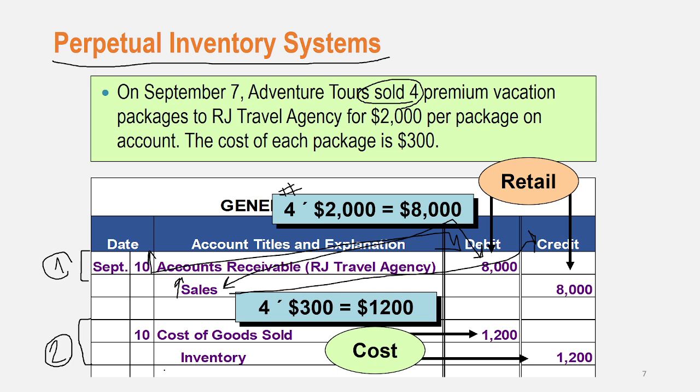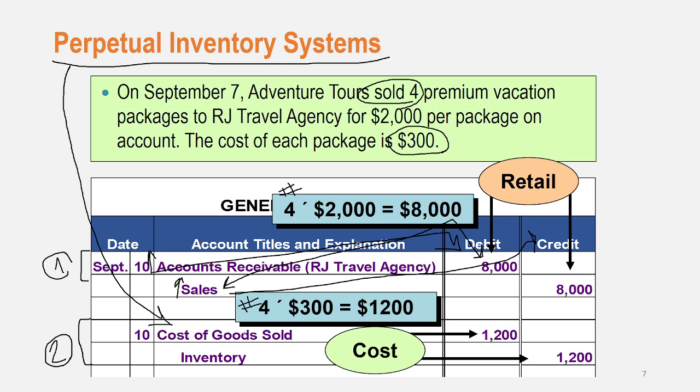Under the perpetual inventory system in merchandising companies, we always use the cost of goods sold to record the cost that reduces the inventory. So the cost of goods sold is the number of packages sold multiplied by the cost of each package, and in this case it is 300. So 4 multiplied by 300 equals